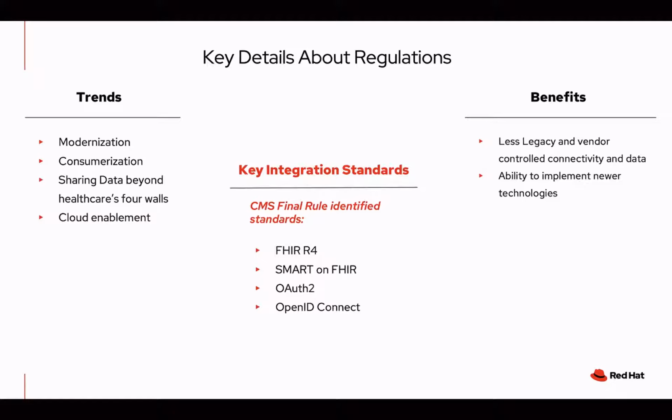As part of those regulations, the government organization that put this forward, CMS, took a look at the standards and they settled upon Fast Health Interoperability Resources, FHIR version R4. They also wanted to make sure that when you built apps to this standard, since it's new and modern, they could be secure. That's where SMART on FHIR comes in. In order to do that, they wanted to also guarantee that they used leading industry technologies that other companies, other industries, other organizations have that are well vetted out, like OAuth 2 and OpenID Connect.